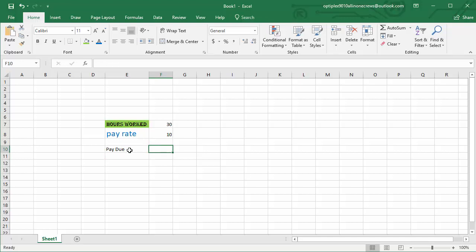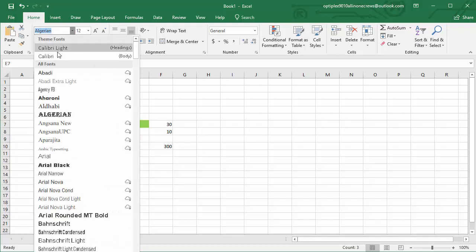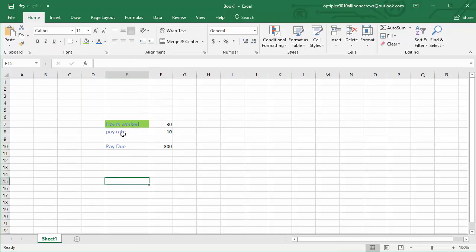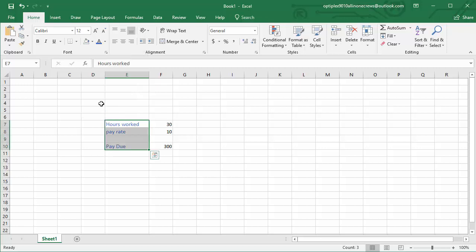If you work 30 hours this week at $10 an hour, I know the answer is 300, and I could type a 300 in cell F10, and that sheet would be correct. Now, my formatting doesn't look nice. Let me highlight all these and make them all 12 point with a standard font and a dark blue background. Okay, oops, and let me get rid of that and have no fill as the background there. So that